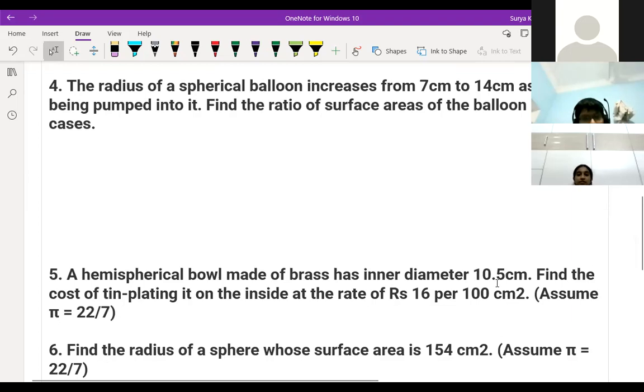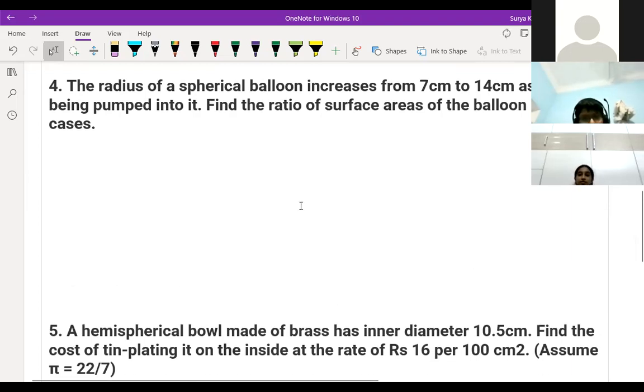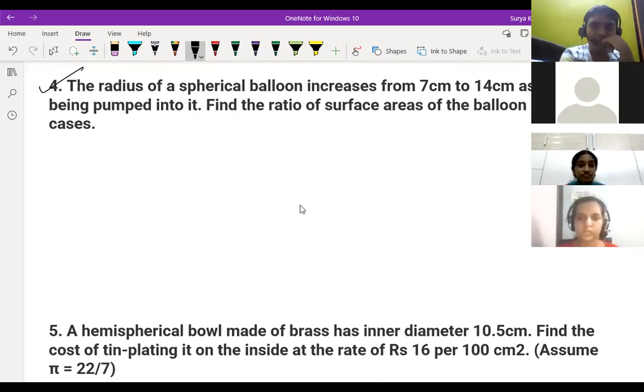Let me think. We'll first calculate the area. Right, we don't have to calculate it. Who knows this question? Who can do this question? Question number 4. Anyone? Raise your hands. I didn't get it.